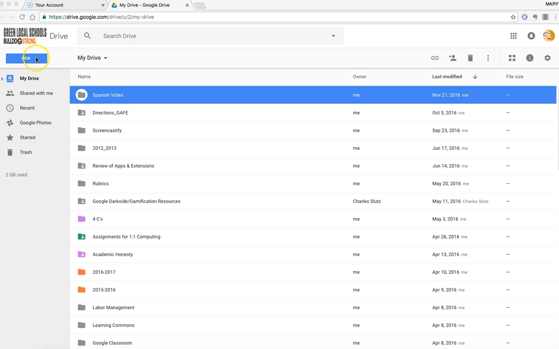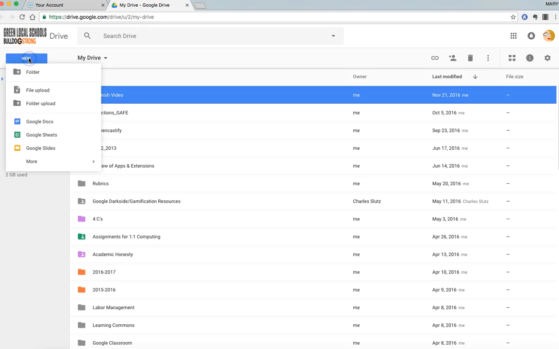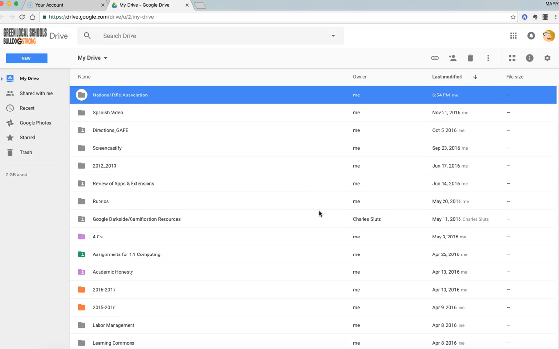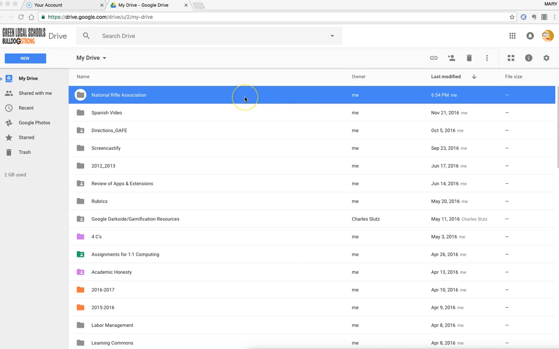So one person in your group is going to go to New and Folder, and you're going to name the folder per the name of the interest group that you have decided to do. So let's say that your interest group name is the National Rifle Association. So we're going to create a folder. You'll see that the National Rifle Association now is highlighted, so I'm going to go up here to Share,